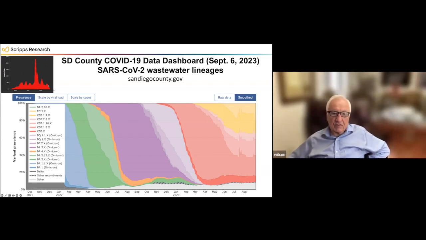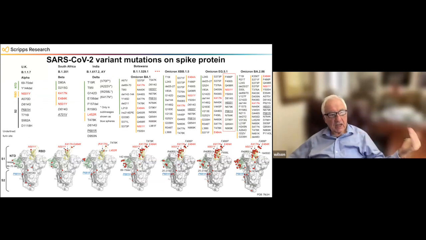And so here are the different waves of Omicron that are being detected, right up to the most recent ones in the San Diego wastewater. It was kind of amusing at the outset. We thought there were going to be very few mutations, that SARS-CoV-2 wasn't going to mutate very much. At the outset, it didn't seem to mutate too much, but then we got these huge waves of mutations in Omicron. They're largely associated with the receptor binding domain or with the NTD. There are certain mutations that appear frequently, and these are highlighted in red there.